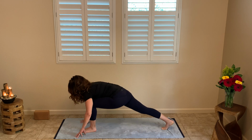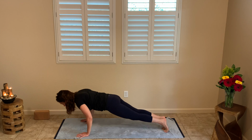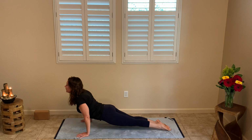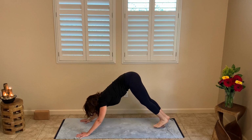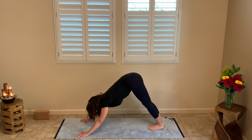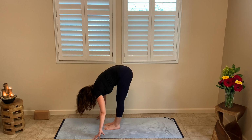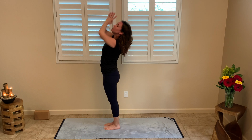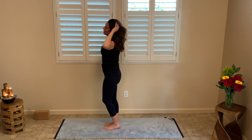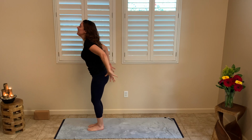Put both hands down to frame the front foot. Front foot goes back. We lower into chaturanga. Push up through up dog. Push back to downward facing dog. Look up, step or hop. Halfway lift, forward fold. Sweep up, mountain pose. Let's flow through it one more time, maybe a little quicker, and maybe even try out